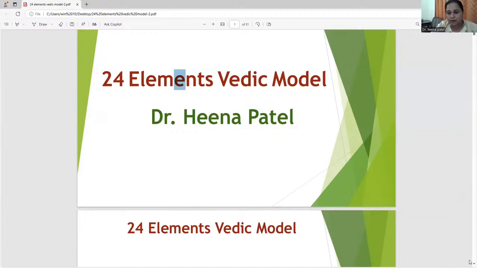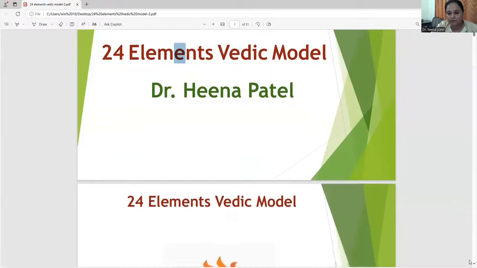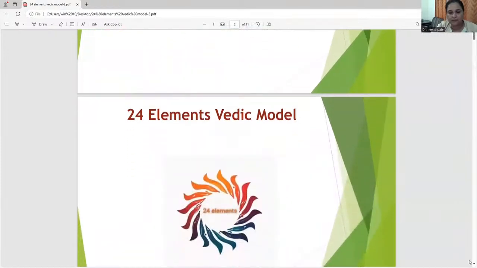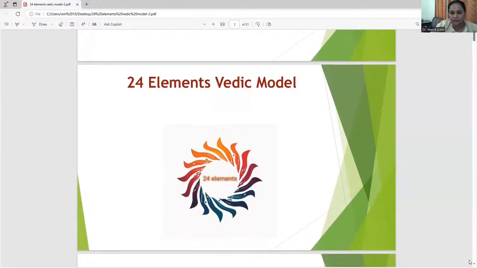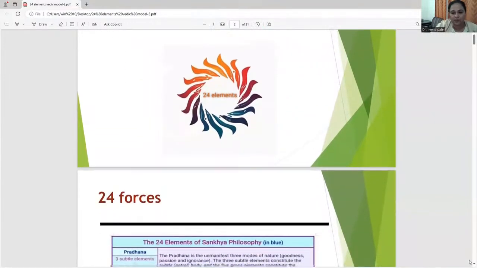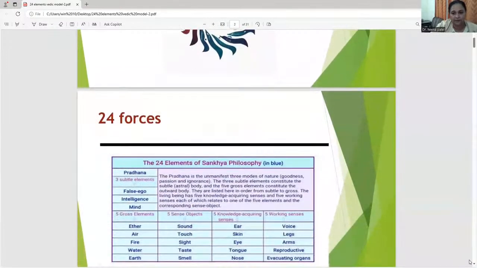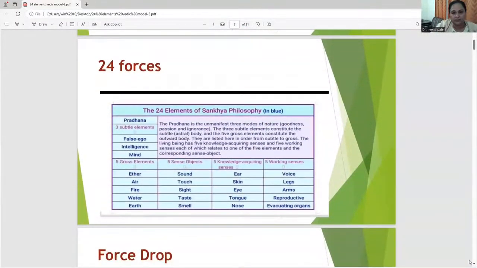So how does this help us in our health and other areas of life? It's not just a health area. The 24 elements Vedic model is based on the Vedas and how the human mind is developed. It's all about it, and how can we design our life. That depends